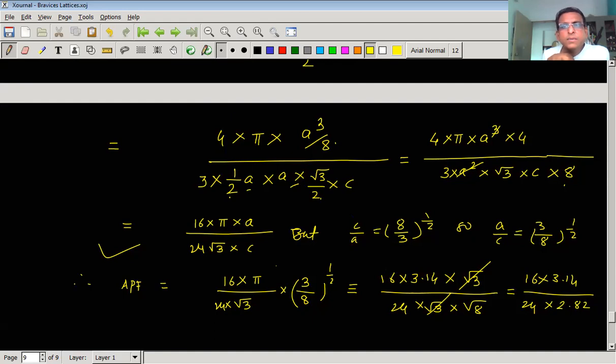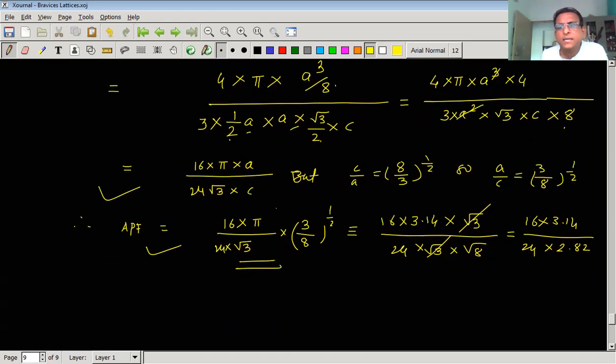But here C by A is 8 by 3 raised to half. So A by C will become 3 by 8 raised to half. After that, putting this value, we will get this expression. And finally, if we calculate this value, it comes to be 74%. So in conclusion, we can say that the atomic packing fraction of the hexagonal close packed structure